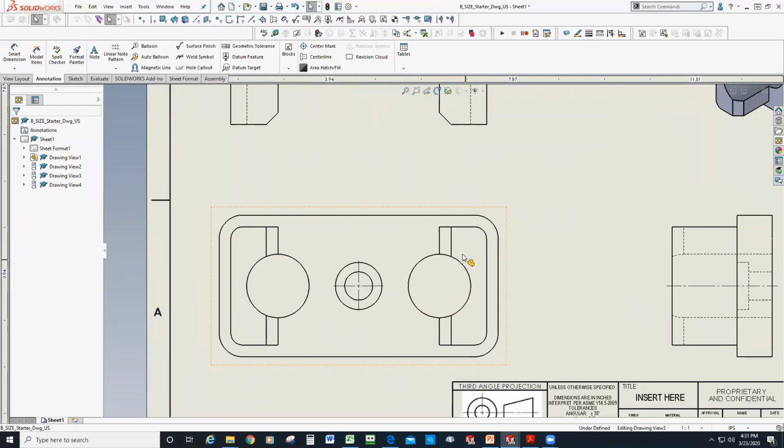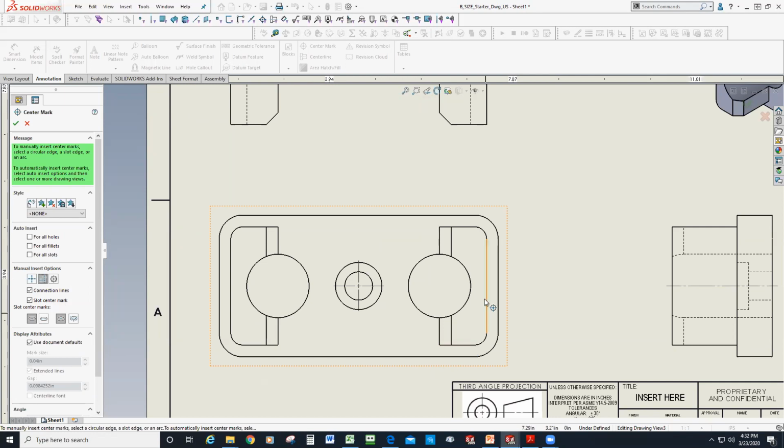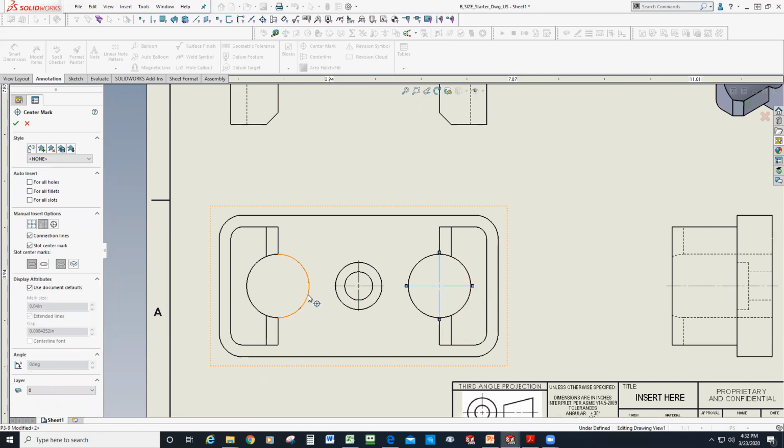And then, of course, I don't have any center marks in here, so it'd be nice to add a center mark into these circles right here, too. So I use the center mark command, and I have plenty of options here in the property manager. It's asking me if I want to do a slot center. I don't have any slots to worry about. Right here, I'm doing a single center mark whenever I select the circle. But if I use this linear center mark option here, and then say, hey, I wanted some connection lines and a short center mark in the center. Now when I select this guy and then select this guy, it adds a center line between them. So it connects everything,